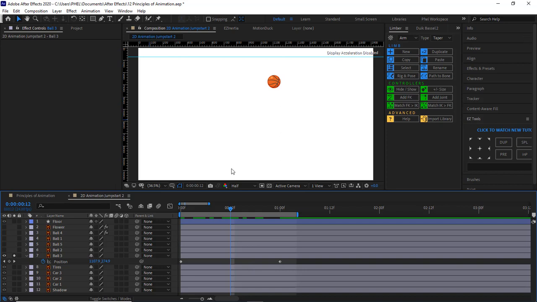Then after that, you now start adding your extremes. Extremes mean the highest or lowest point at which this ball is going to move. So, for instance, if this ball is going to move in this direction, let's say our extreme should be here. This is our highest extreme. You get. Now, after adding your extremes, you may add in-between poses here,